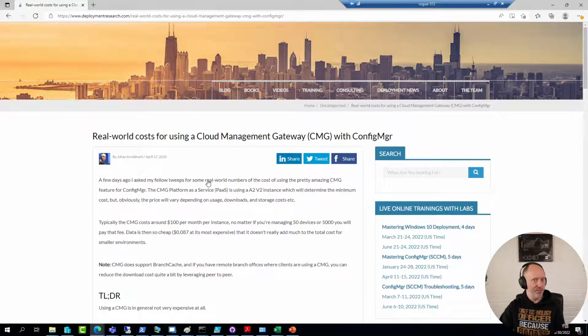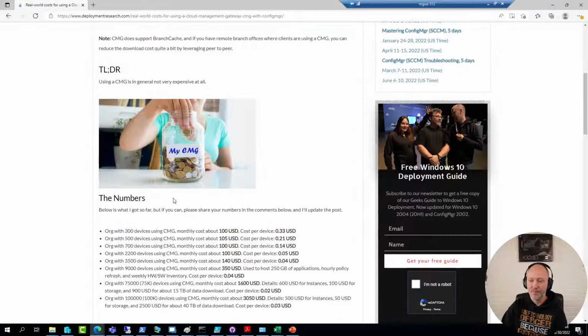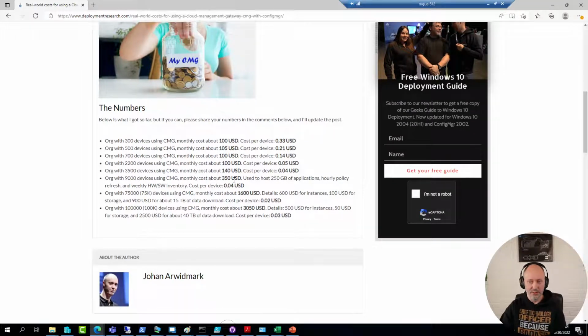And this was even before the scale sets that are now available, where you can actually select some different sizes of VMs to control the cost a little bit. But if you look down here, even organizations with a large chunk of devices, the average cost per month per PC is usually in the few cents range. And that allows you to manage the machines almost as if they were on premises, but no matter where they are